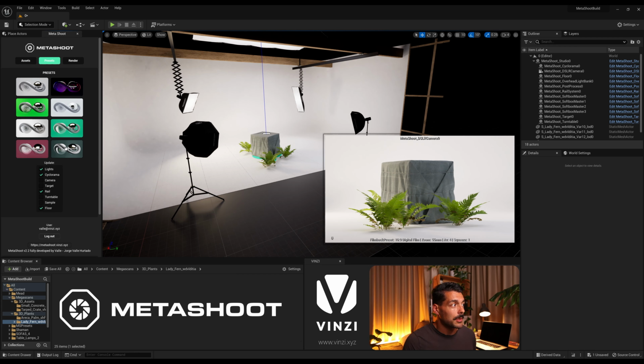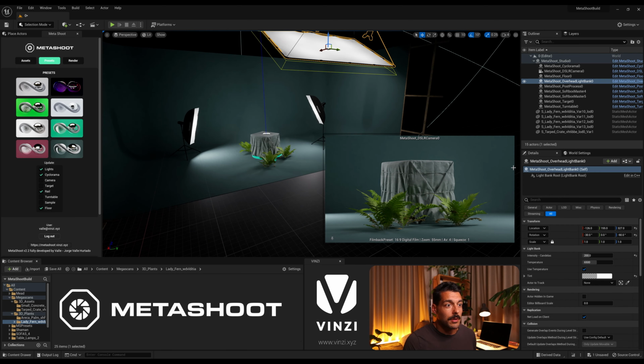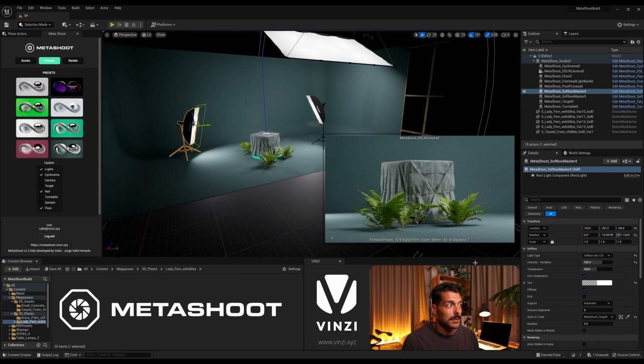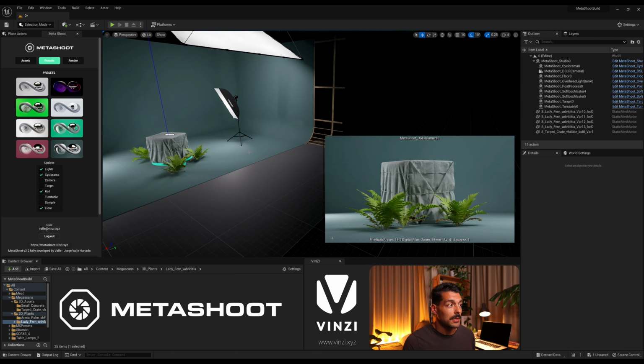I'm gonna try another lighting setup. So I'm gonna go for this last one here, and I'm gonna increase the intensity of the light here at the top a bit, and the one on the left as well. So with this in place, we have the model, we have the lighting, and now I'm gonna select the camera